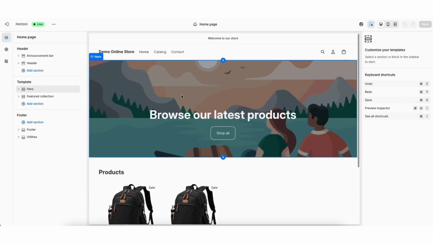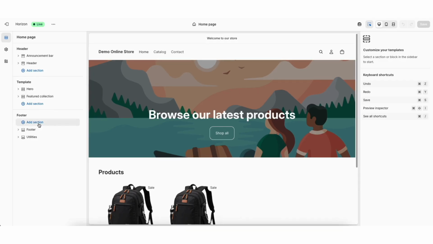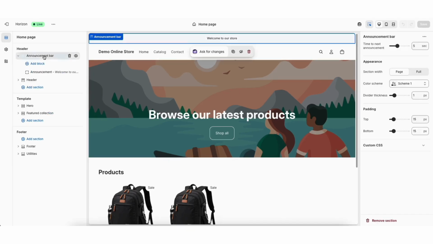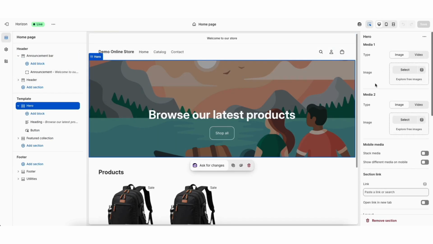In the middle of the screen, you'll see a live preview of your website. On the left side, you'll see the sections that make up your store's homepage. These sections allow you to control things like your images, text, featured products, and layout. When you click on a section in the preview on the right side, you'll see its settings appear in the panel on the left. From here, you can make changes to things like the styling, colors, text, images, and layout